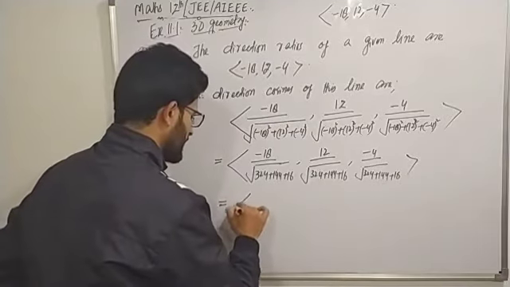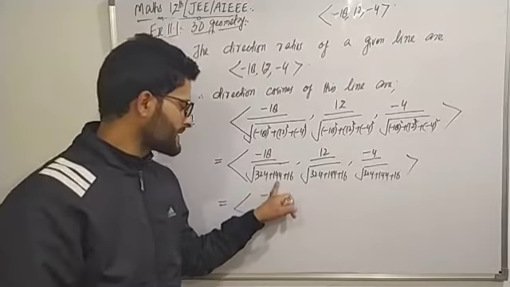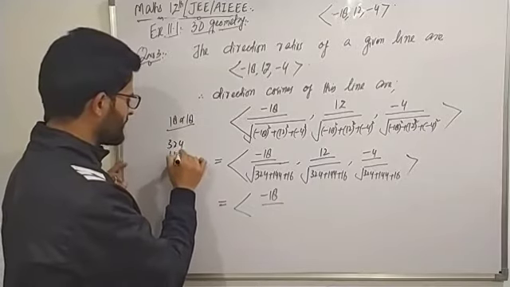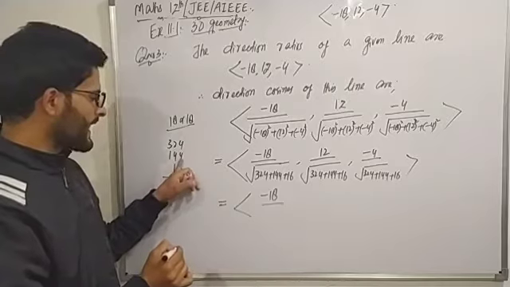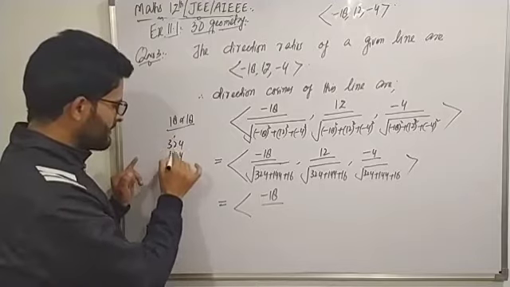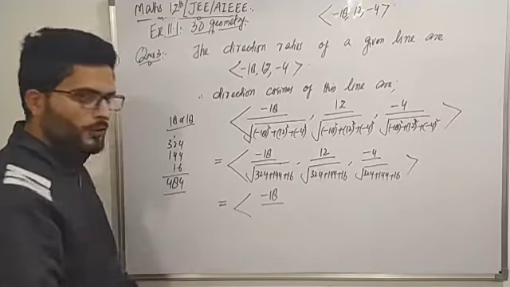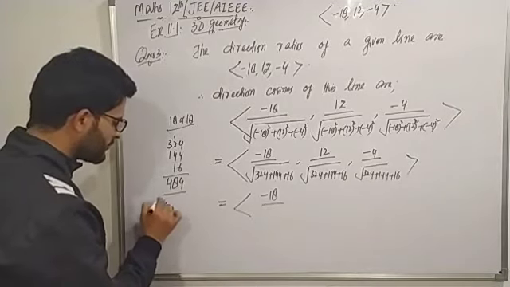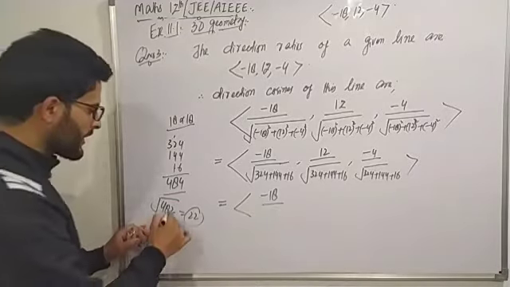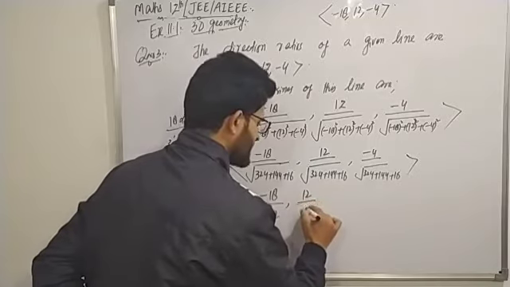That is equal to the ordered three-tuple of minus 18 divided by, if we sum 324 plus 144 plus 16, how much do we get? 324 plus 144 plus 16 is 484, and the square root of 484 will obviously be 22. You can check that too. So this is equal to minus 18 divided by 22, 12 divided by the same thing, 22,